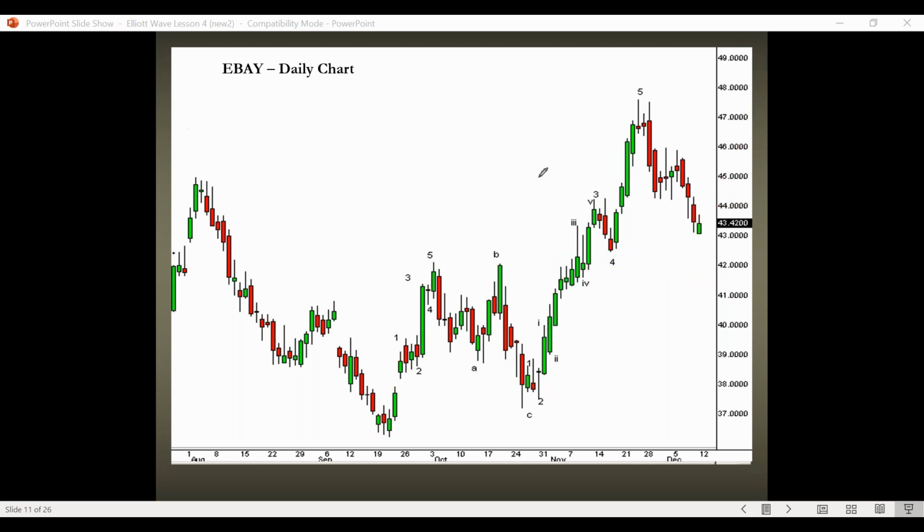But if you took an extra moment to back out, you might see something different. Now, in this case, I'm going to back out to a monthly chart. A monthly chart is where each one of these bars or candles represents 1 month of trading. So it's going back several years. By the way, you don't have to go out so many years, and just because you see something in a monthly chart doesn't mean that it's going to tell you immediately what's going to happen. But it gives you just a different perspective.